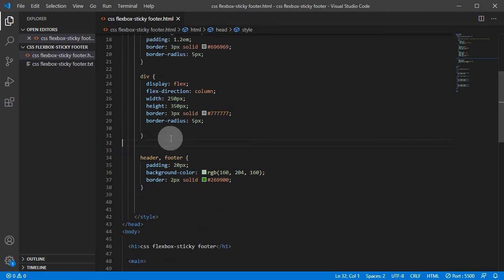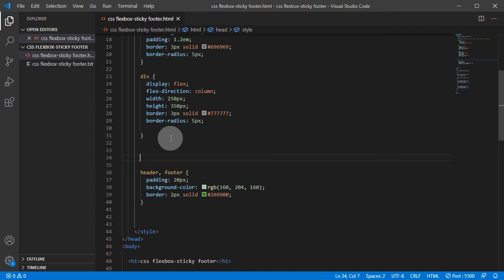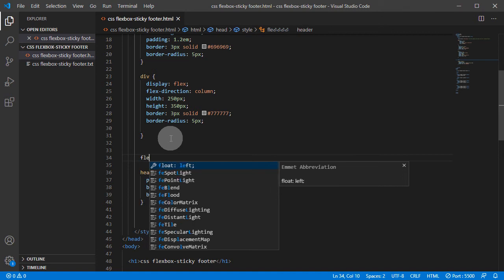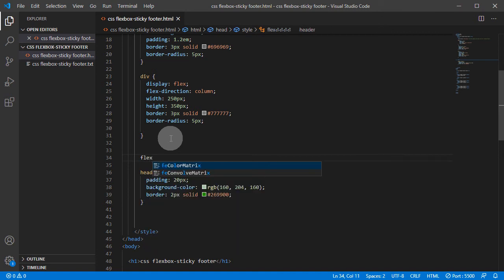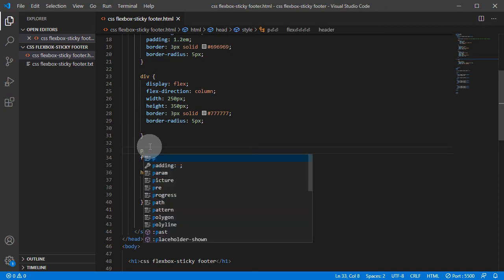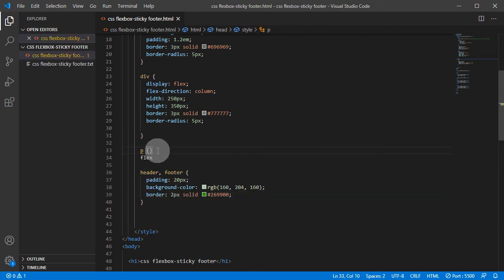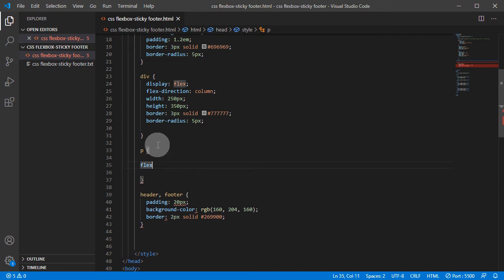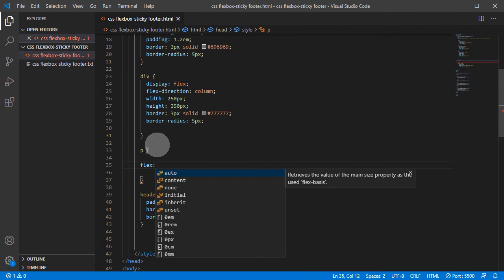So on p we do this one, just shorthand flex. We do flex 1,